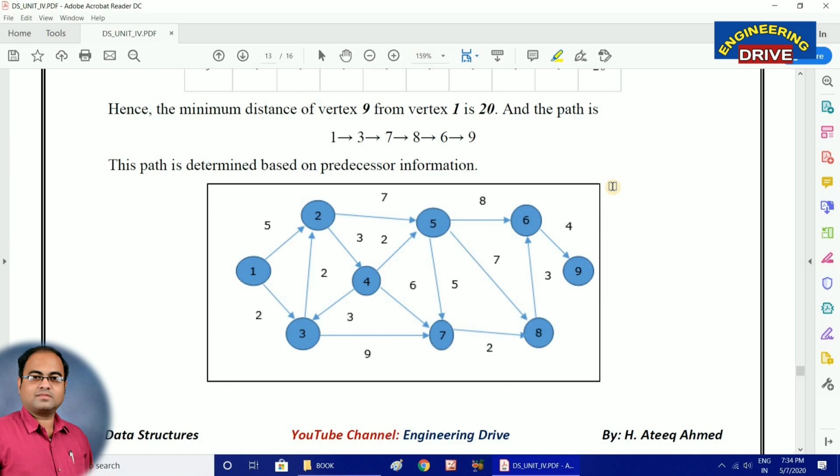What is the main purpose of Dijkstra's algorithm? To find the shortest path in a graph. So you need to consider the source vertex, and then the destination vertex, and determine the shortest path by adding the cost related to all the edges. If it produces the route or path with the least cost, that is the shortest path according to Dijkstra's algorithm. So with this, let me close today's session of the video.